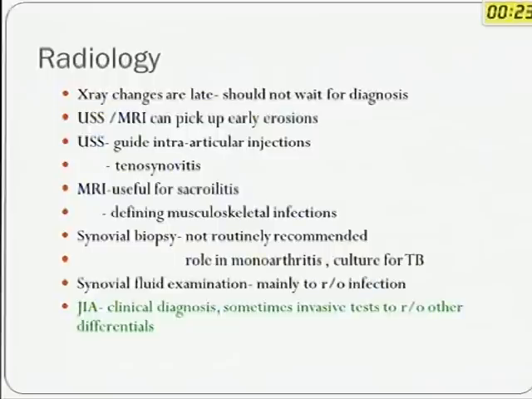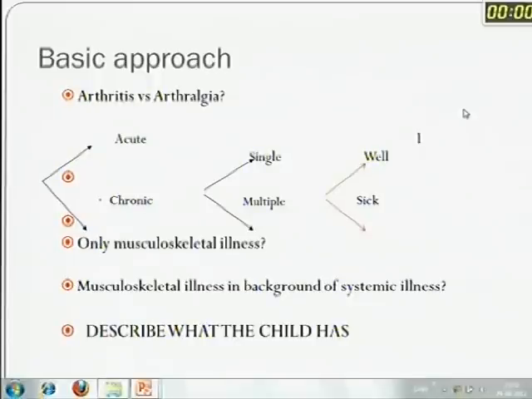Now the very important thing here is the TB arthritis is always paucibacillary. You're not going to get the bug from the fluid most of the time. Your histopathology may or may not be helpful. What really helps is sending a second sample of synovium in saline for culture, and that gives you the best yield. Synovial fluid examination, unlike adults, not useful in children except in septic arthritis.